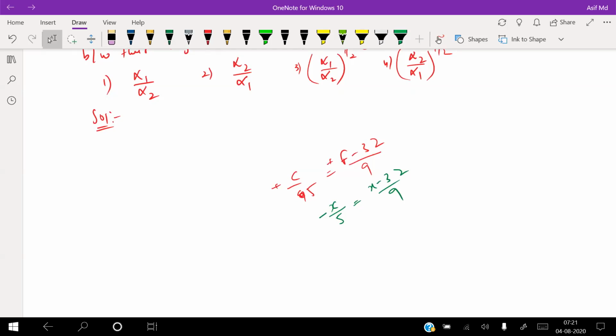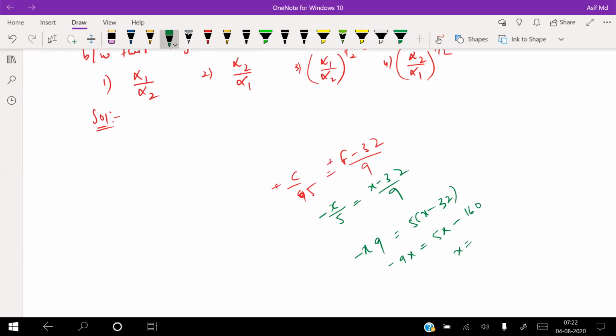వచ్చిందా ఇప్పుడు అర్థమైందా? Yes, sir. So this one is minus x into 9 is equal to 5 into x minus 32. Yes, sir. So I hope you can do this one. This is 5x minus 5 into 32, how much? 160. Now you can simplify this one, so you get the value of x.